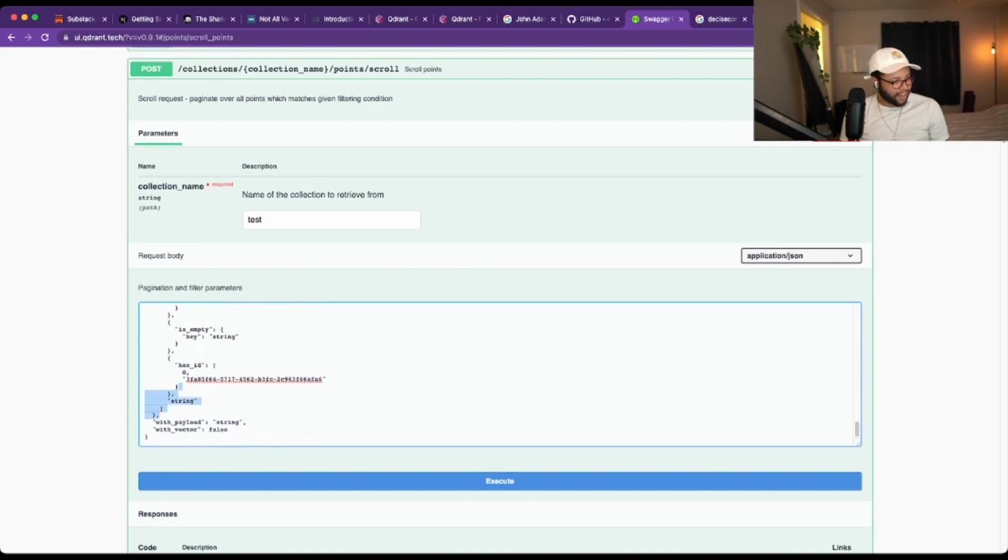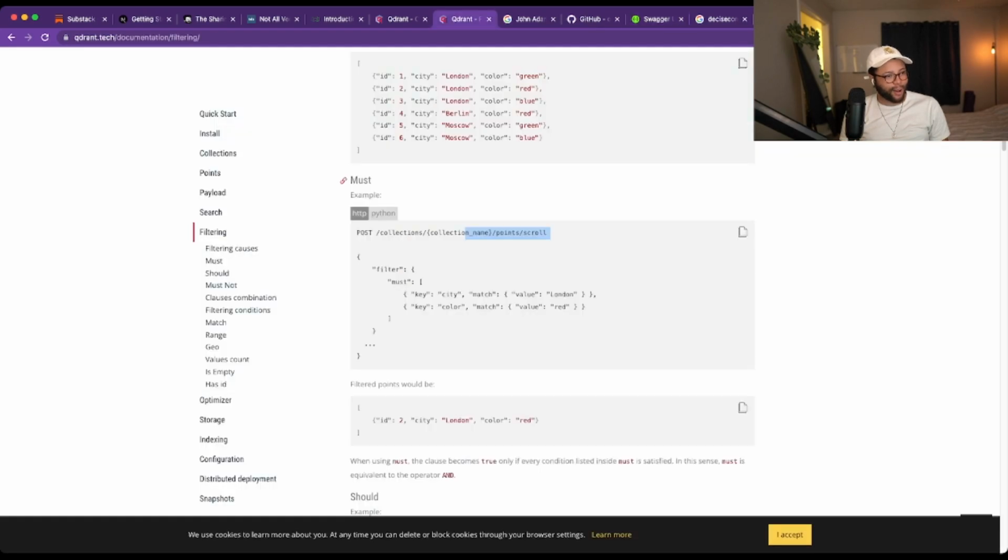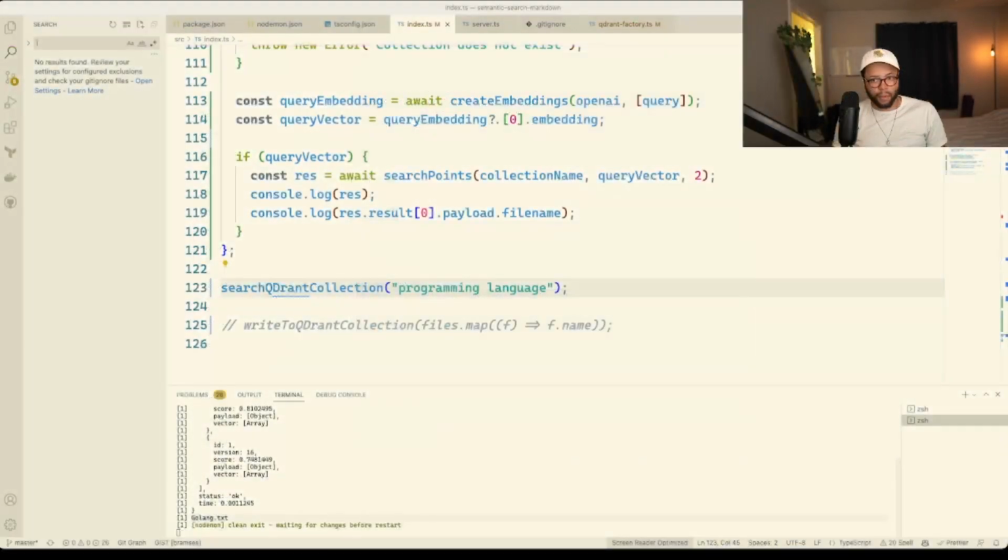Okay, let's get rid of this stuff. You know what? I'm just gonna write it. It'll take me longer to get rid of this. Okay, must key city match value London. Okay, so let's do this. Let's retrieve by file name, and we'll copy this, and we'll just have Copilot do all the writing for us. Sounds good to me. So back in VSC,